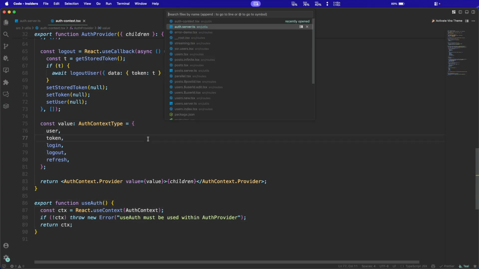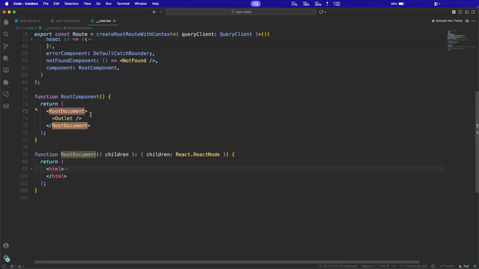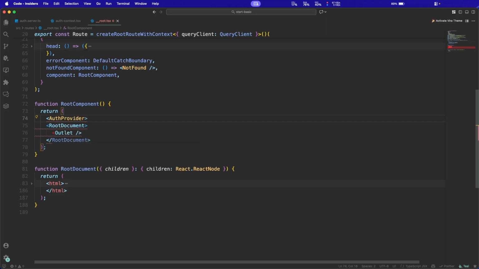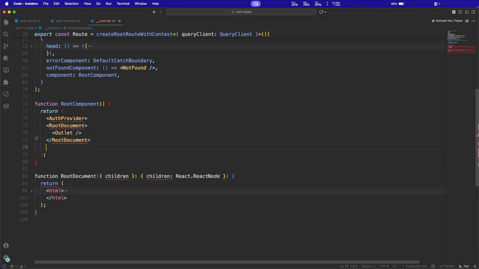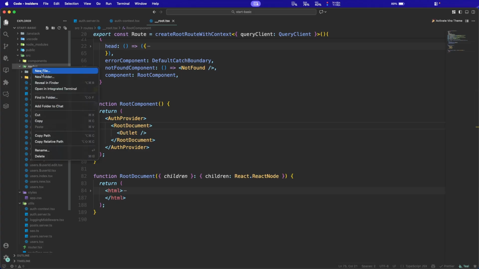Okay, now go to your root file. This is the document, right? So we are calling our auth provider here, right? Start. Yes. Okay. Great. So we already implemented the auth provider, right? Now create the login page. So create the login page,